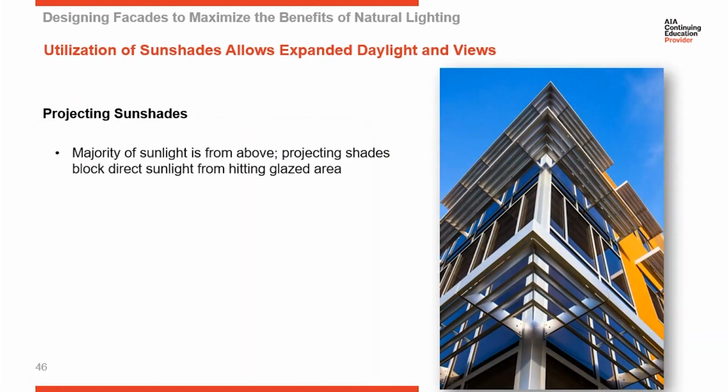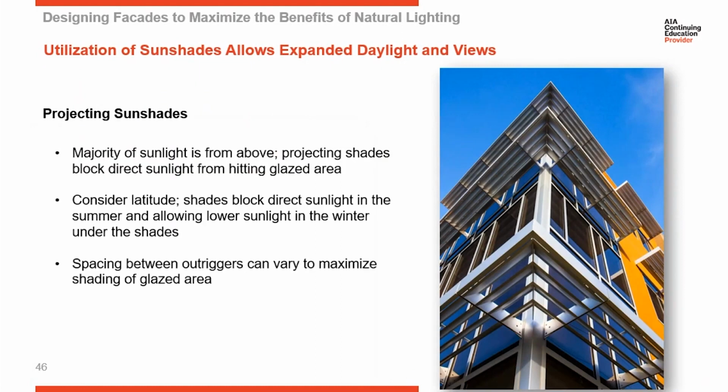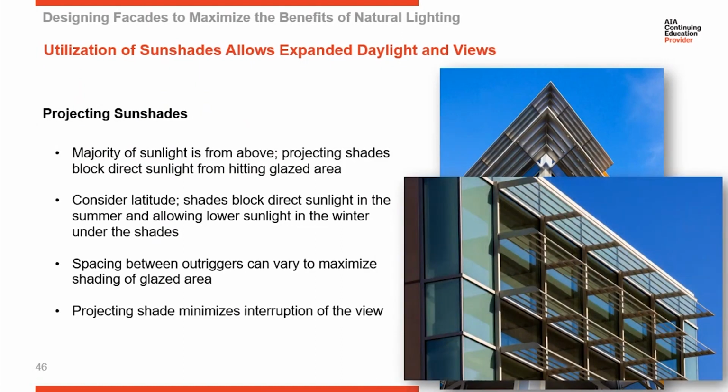Other options for shading are projecting shades. Instead of having multiple blades in a tighter pattern, you can take a projecting shade and project it out further, so you can reduce the frequency of horizontal or vertical blades on an elevation. Here are some examples of shades that project out and carry multiple louvers or blades between them and shade the